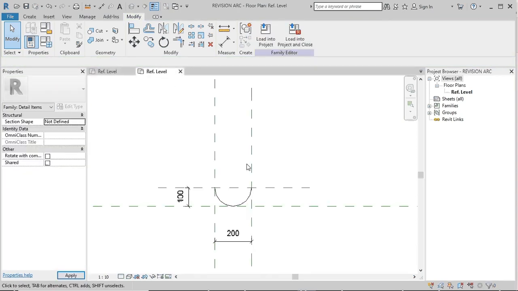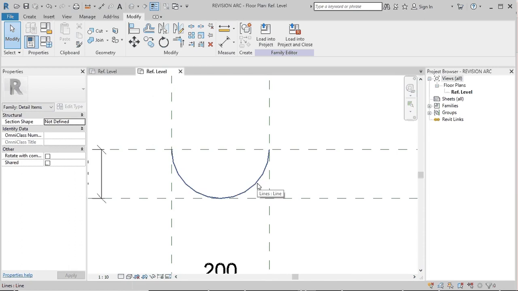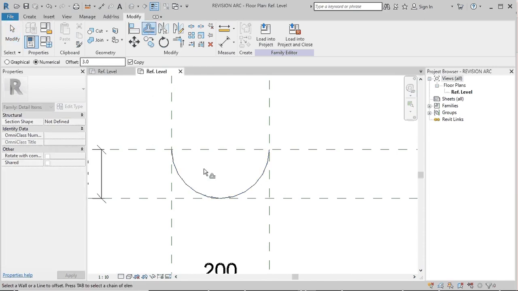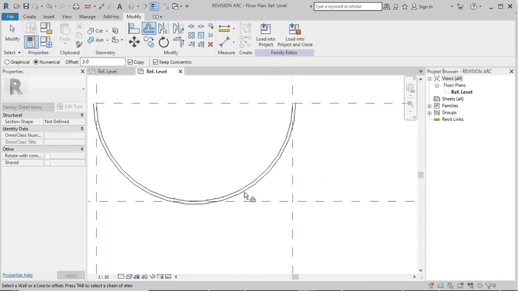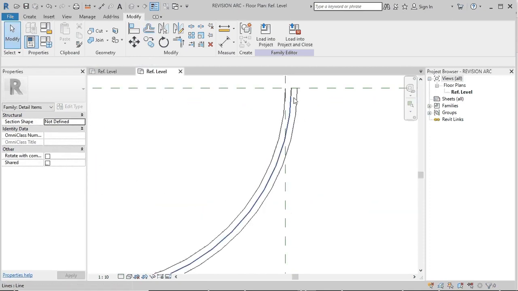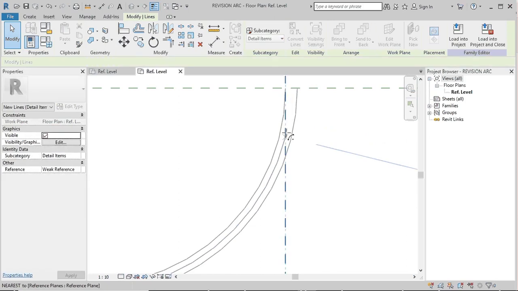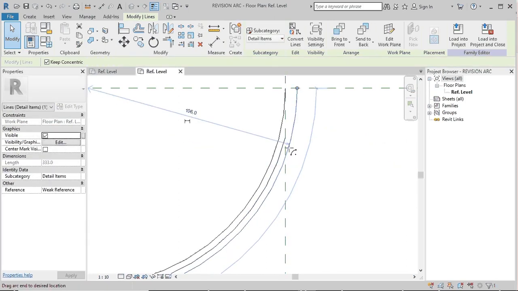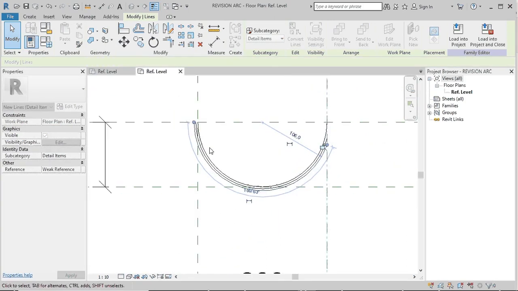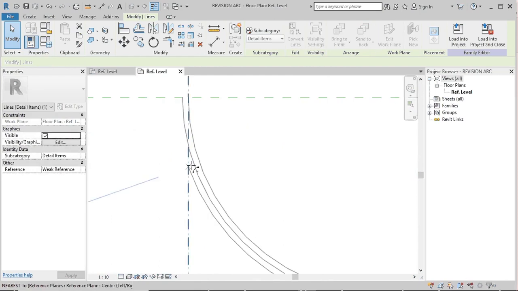You can check now, it is automatically reducing. This is a single arc. Before, I create multiple arcs because it's a little bit thick for our revision cloud. That's why I make two more arcs.